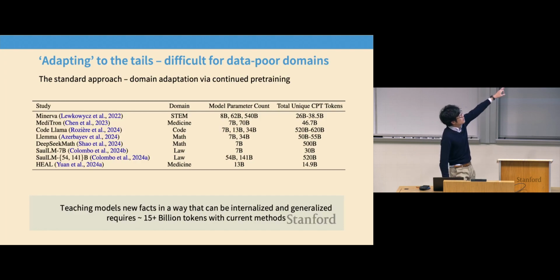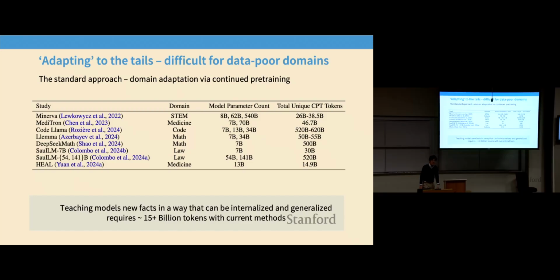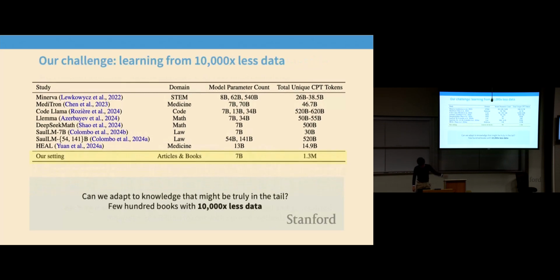But if you look at this table and you really want to apply this kind of technique to make your model good at your own domain, you start to see something very disturbing. In the right column, the number of tokens that you need to run continued pre-training is like 15 billion. To be safe, you probably want 50 billion tokens. That's a ton of domain-specific tokens that you need in order to make your model smarter in a domain. And realistically speaking, we do not have that many tokens. If I want to teach a language model Stanford's administrative policies really well, you do not have that many domains or that many tokens.